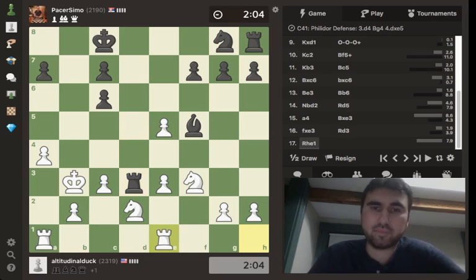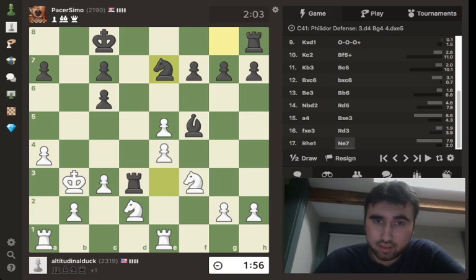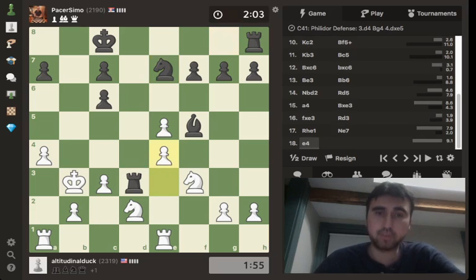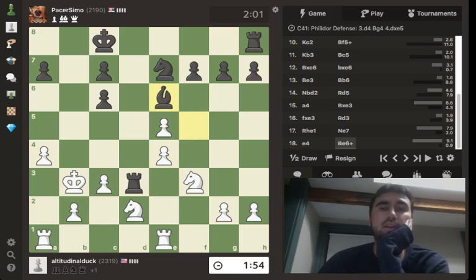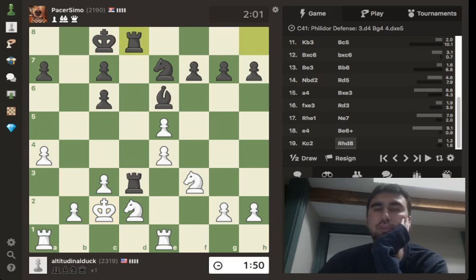Alright. Somehow we are up a pawn, though. It's not nothing. Curious where the bishop goes. King c2. I'd like to play rook d1 and move the knight, but once they double, if I move the knight, they'll have bishop b3 check. And so...